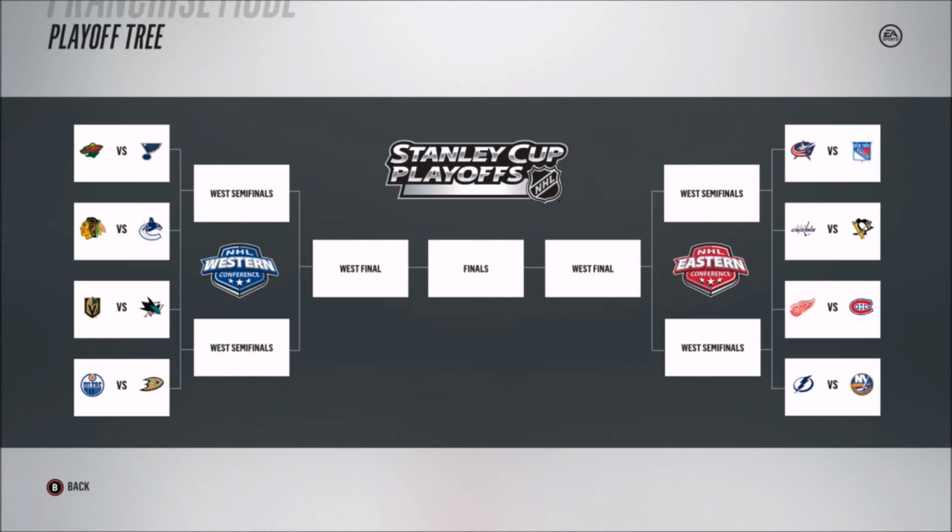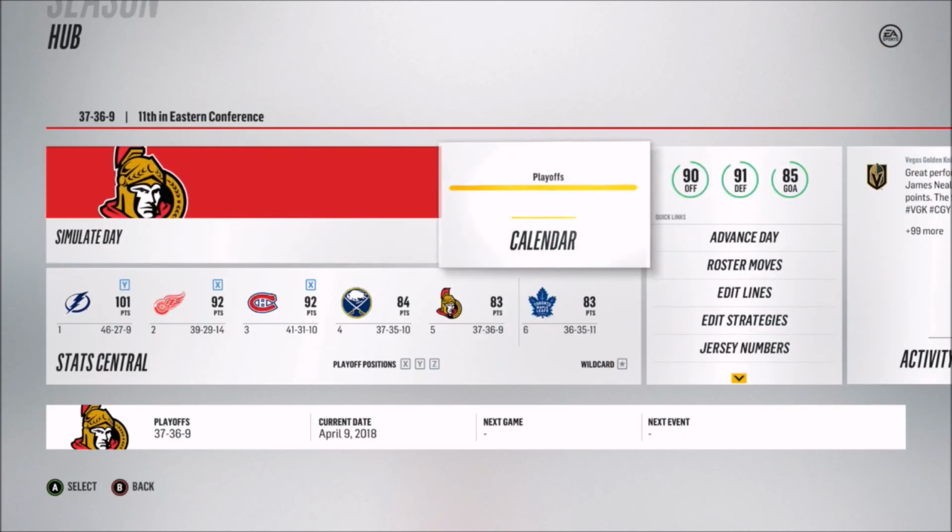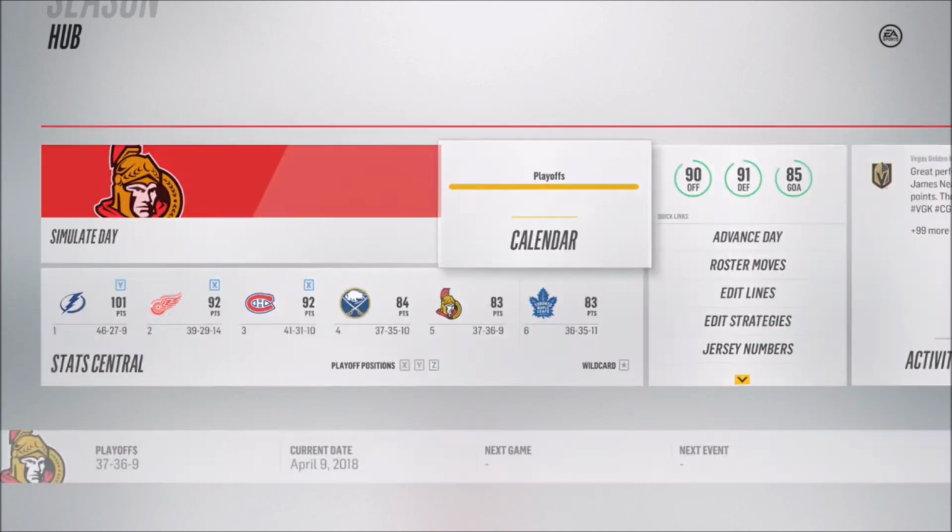Okay, so now let's sim the playoffs and see who comes out on top. Actually, we could check the playoff tree first, too. Okay guys, so here is the playoff tree for the 2017-18 season according to EA. So we got the Minnesota Wild and the St. Louis Blues, the Chicago Blackhawks and the Vancouver Canucks, Vegas and San Jose, Edmonton and Anaheim, and then in the East you got Columbus and Rangers, Pittsburgh and Washington, which is always good, Montreal and Detroit, and the Islanders and Tampa Bay. So let's sim all the way up to June the 1st and see who comes out on top,